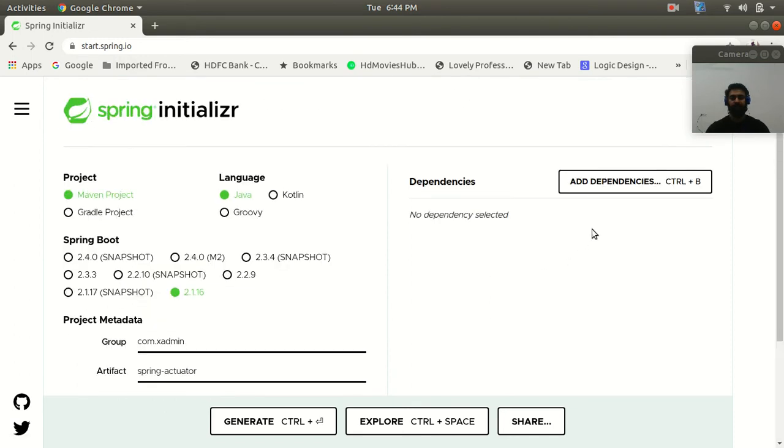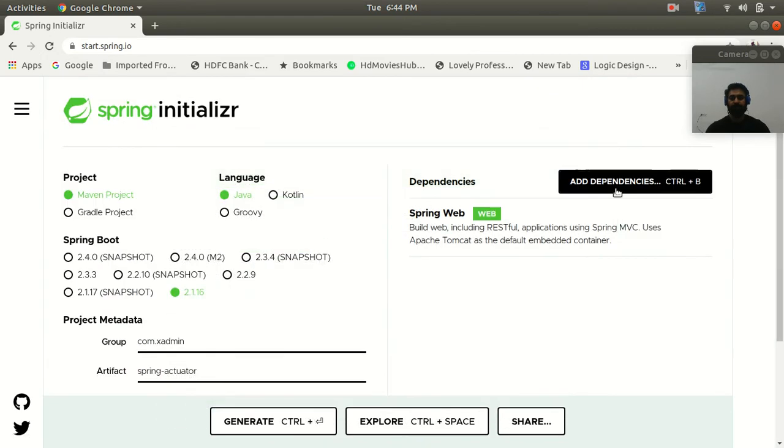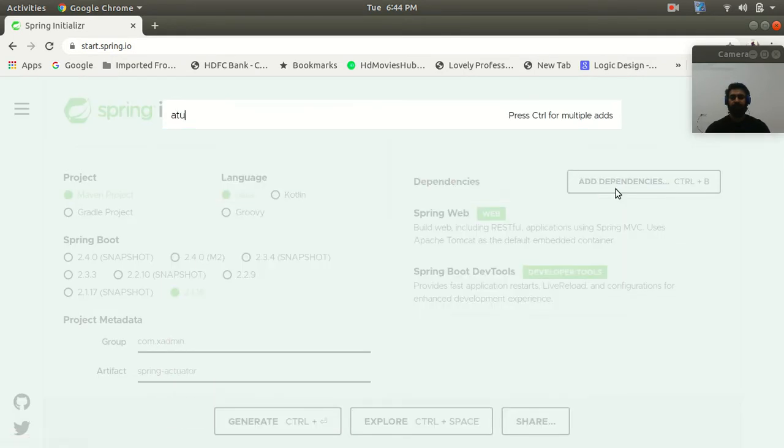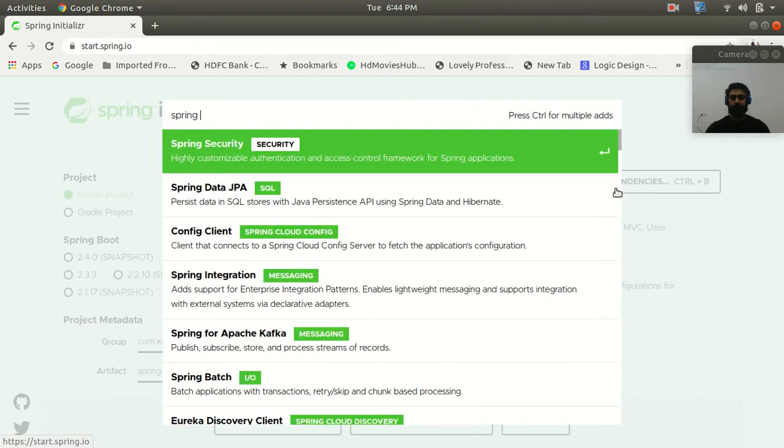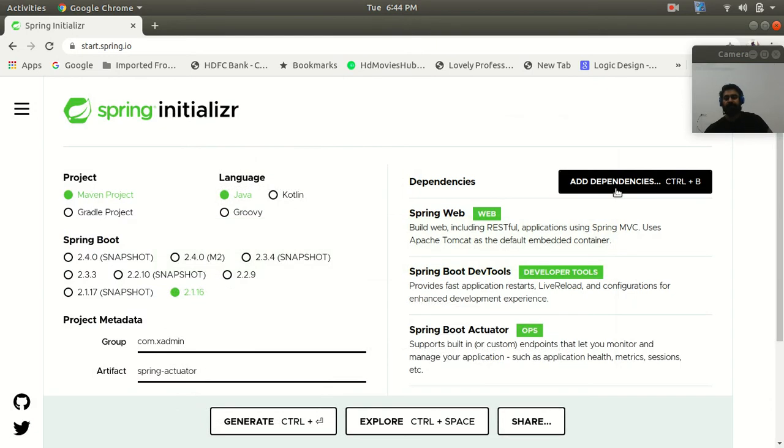Now it's time to add the dependencies. Spring Web I will use, Dev Tools I will use, and the Actuator, Spring Boot Actuator. So these are the dependencies I have added to my application.